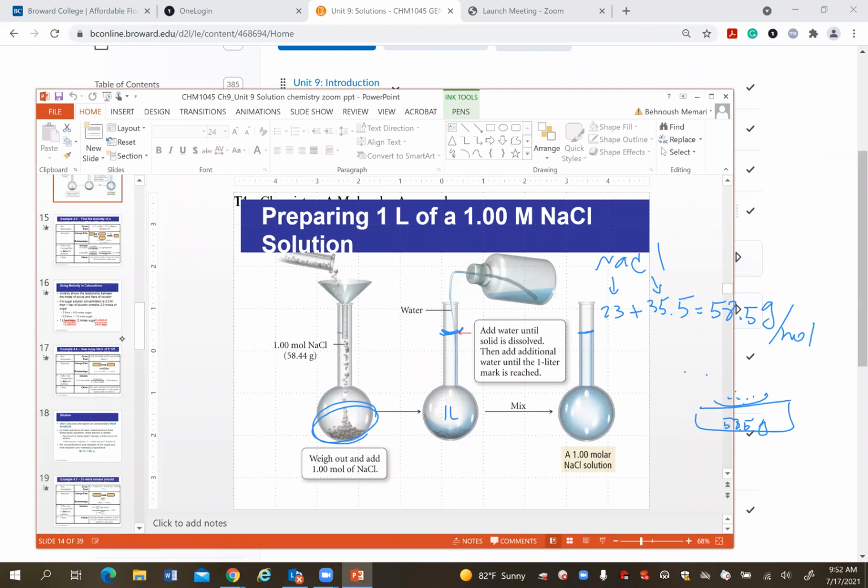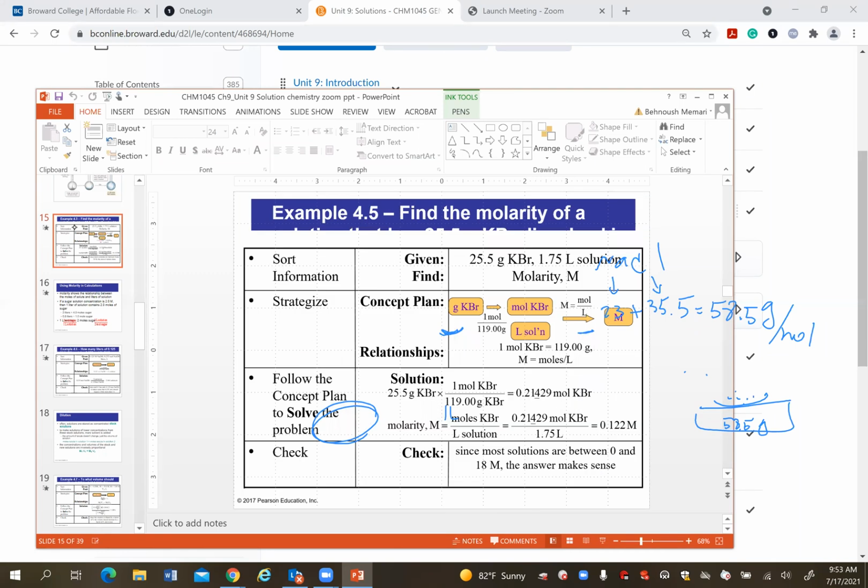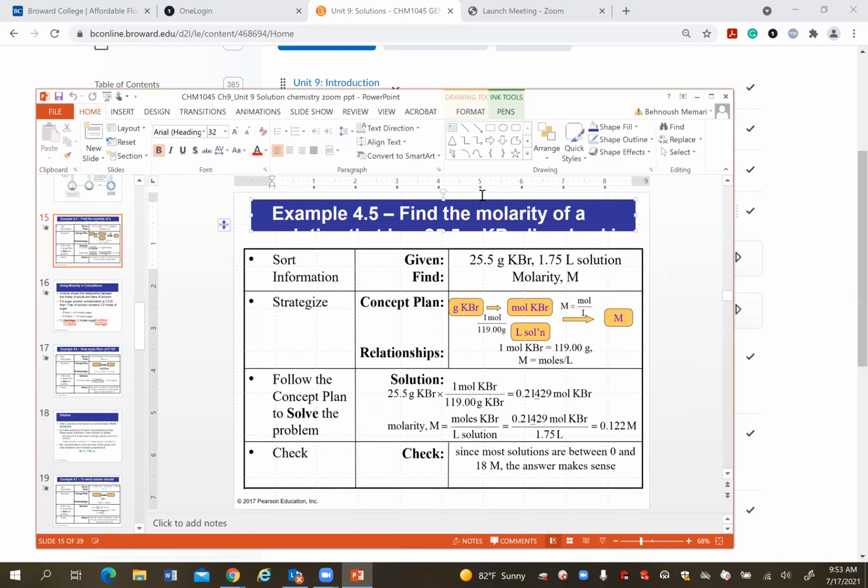You have to first start with the molecular formula of the solute. Read the problem. How many moles of that solute do you need? In order to find that many moles, you need the molar mass. So you get the molar mass, and from the molar mass, you calculate how many grams you need for the number of moles you are looking for. So let's see, in this example,